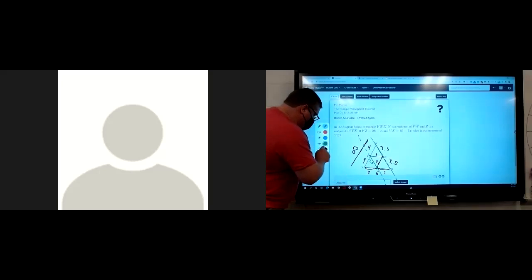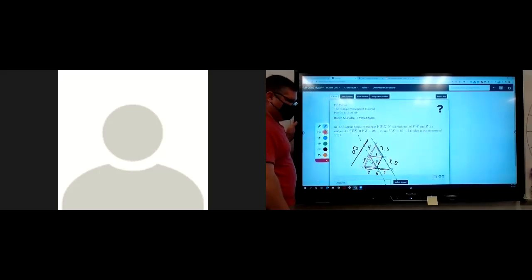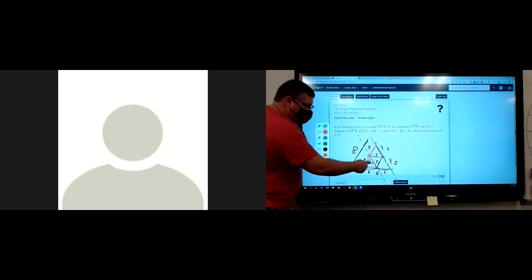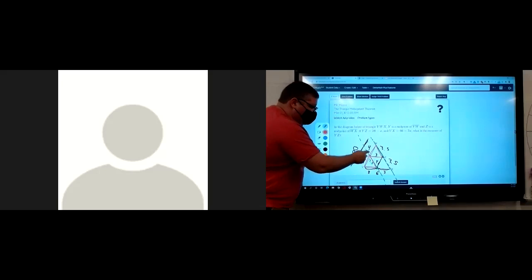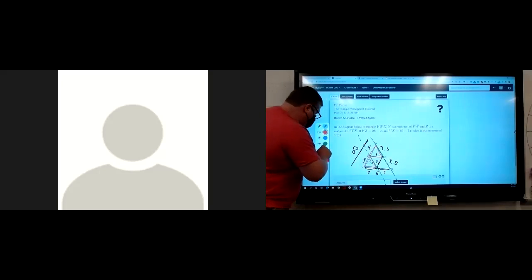I actually have this triangle and this triangle. What's true about those two triangles? They are totally the same, because do they each have a side of 3.5? Yeah. Do they each have a side of 4? Yeah. Do they each have a side of 3? Yeah. So what do you think's true about